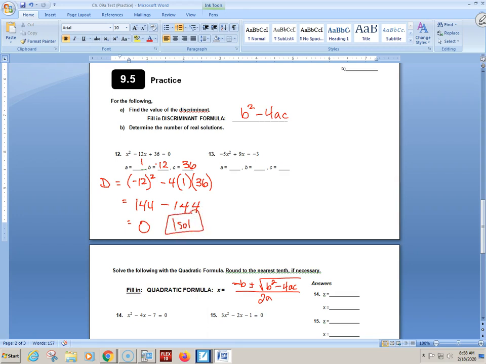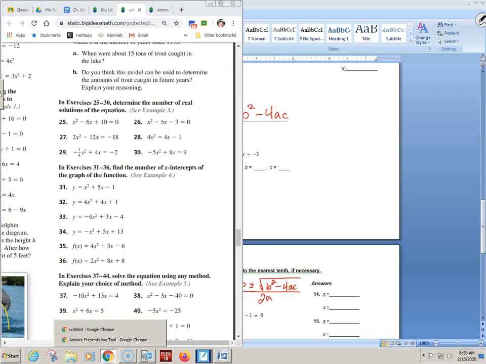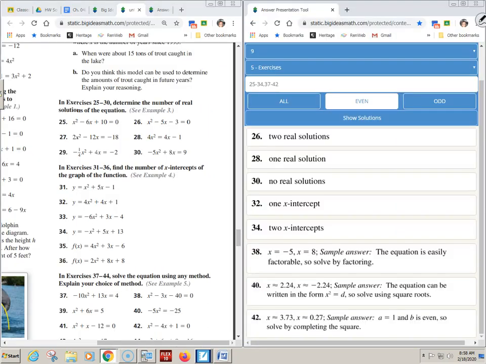Oh, so wait a minute. Over here in homework, as we're grading, anytime there was a 1 solution, what should have happened to your discriminant? It would have been 0. Anytime there are no real solutions, what happened to your discriminant? Which one's 9? A negative. And then 2 real solutions is when you have a positive. So quick reminders. You were looking for the discriminant in each of these. If it was positive, the answer was 2. If the discriminant was 0,